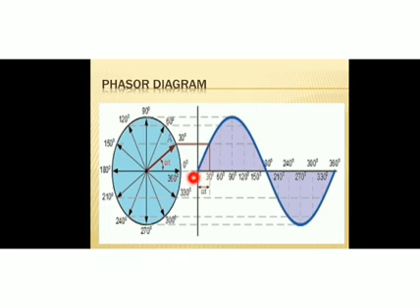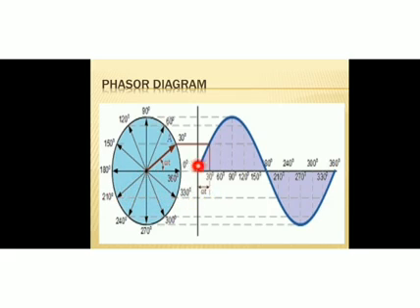Then here we have the phasor diagram. See, the same thing is represented here. See, for 30 degrees, if we want to plot a point corresponding to this 30 degrees, just draw a line from the origin up to the 30 degree level. So this will be the phasor corresponding to 30 degrees. Now, for 60 degrees, just draw a phasor from the origin corresponding to 60 degrees. It will extend up to the 60 degree level. And for 90 degrees, draw a phasor from the origin which extends up to the 90 degree level. And suppose for 210 degrees, this will be the phasor.